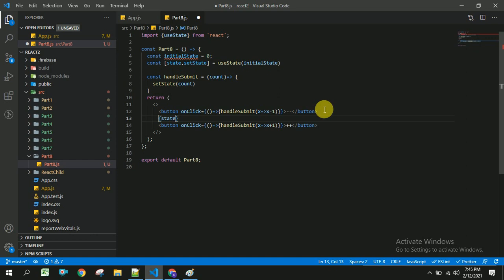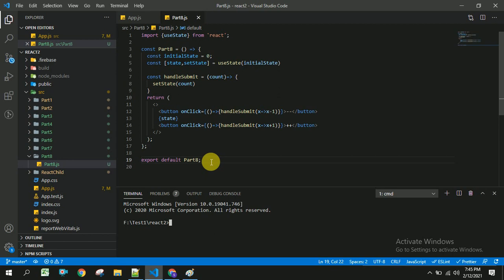Once this is done, let us save this and verify whether it's working or not. So here we don't have any errors. Now I am going to run this by using npm start. Let us wait until it gets compiled successfully.